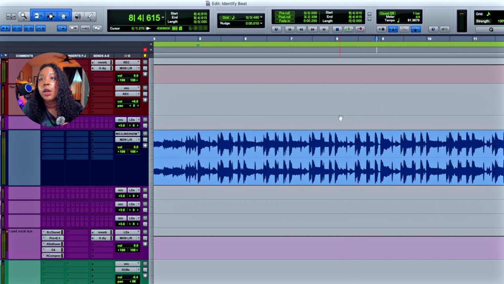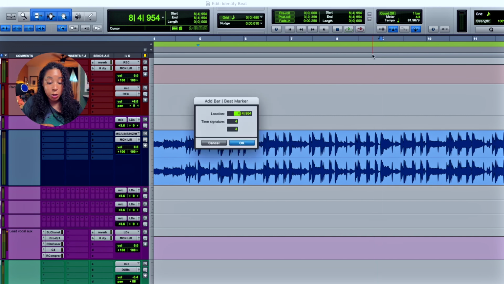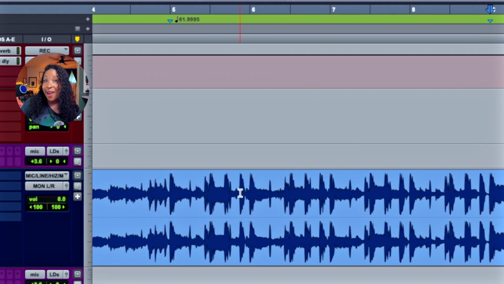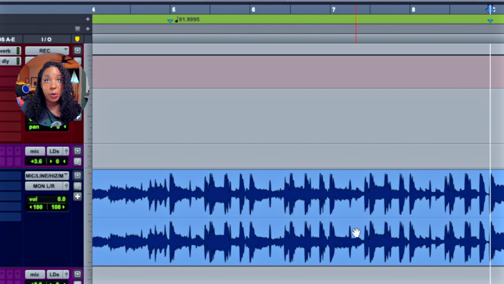Okay, so here we are. We're just going to go back a little bit. I'm going to press tab so I can get right on the very tippity tip of the transient. Command I, and I think this should be 9-1. Okay, so now that I entered in that next 4-bar loop, it put us at